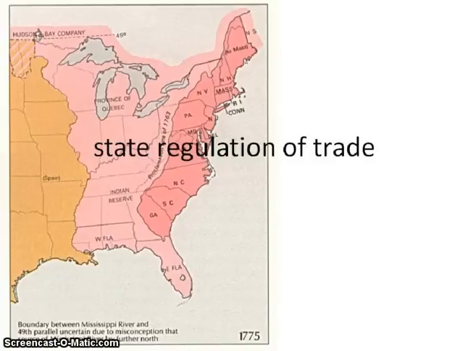And so you can see all of those states have their own regulations for trade. And for trade, you don't want barriers. You want to reduce barriers so it's easy to trade, which will help the economy, which will help people working, which means they can spend money and buy new things. So it's a cyclical process. But with 13 different forms of regulation on trade, those are just too many barriers.